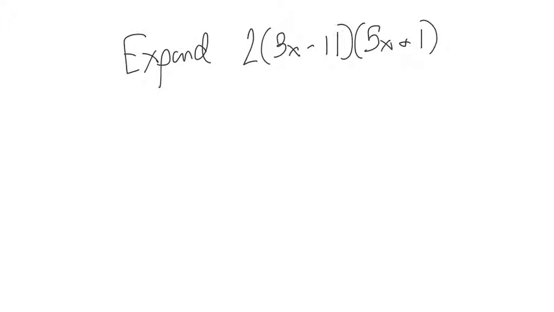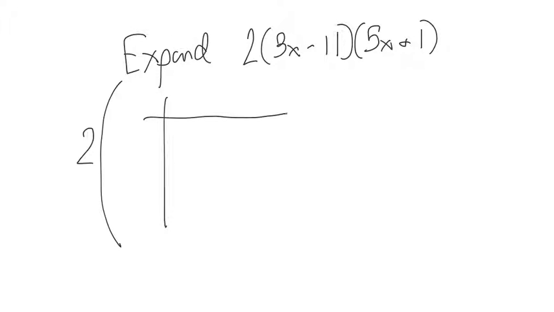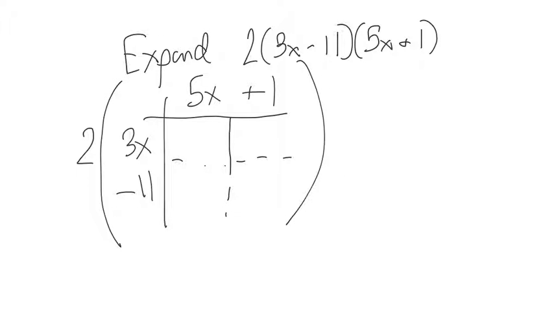So what I'm going to do is I'm going to focus my attention first on multiplying or expanding these terms, and I'll worry about the 2 last. So I'm going to write the 2 just so that I don't completely forget it, but then I will put my chart like so: 3x minus 11, 5x plus 1. Okay, close my bracket. And so then I have 3x times 5x is 15x